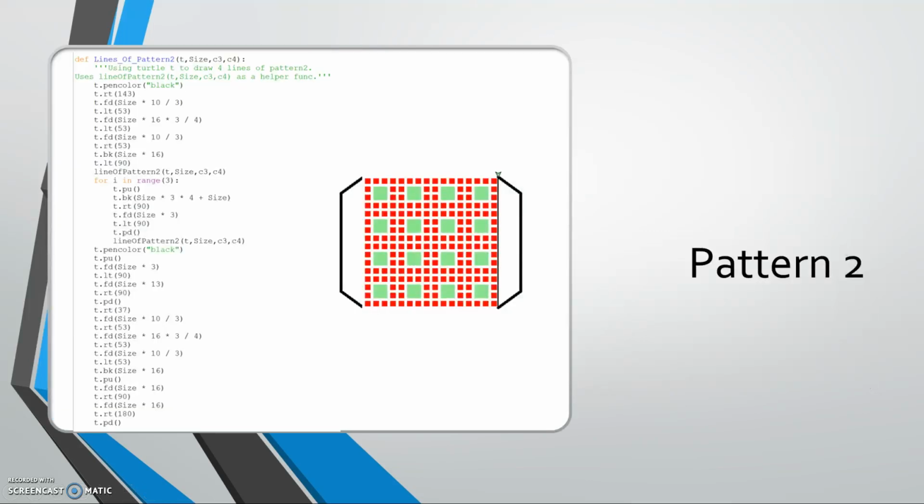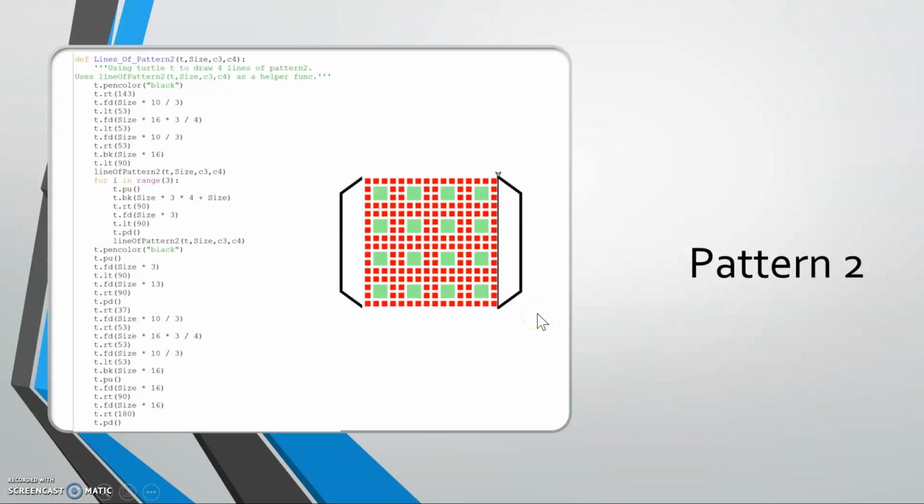And after that I wrote a function called lines of pattern 2, in which I used turtle T to draw 4 lines of pattern 2. I used the line of pattern 2 as a helper function, and so before I draw the whole pattern, the 4 lines of pattern 2, I draw the glue tab first. So I changed the pen color to black, and I let it turn right for 143 degrees, because the